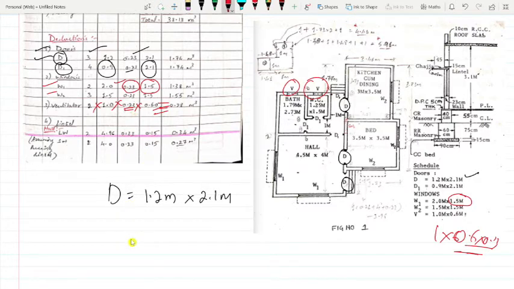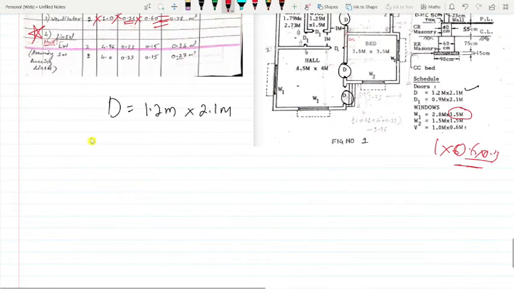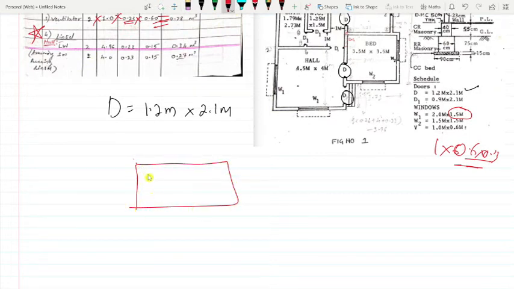Fine. So next one is lintel. Be very careful, for lintel also we make the deductions. Why? See here, there is an opening. Suppose here there is a window. Just think this is a window. So above that we have a lintel. Yes, above this we have a lintel.